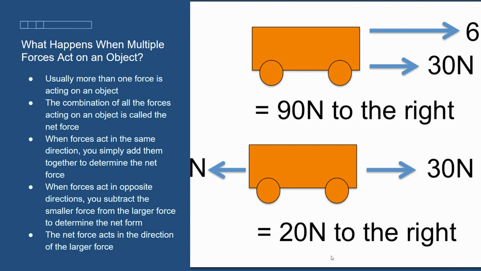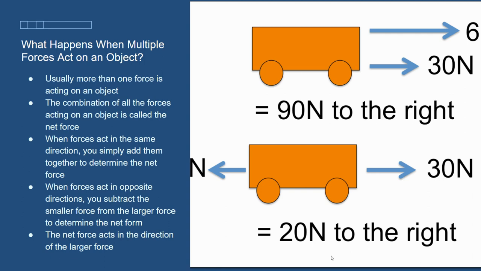Usually more than one force is acting on an object. Right now, gravity is acting on you because it's holding you to the planet. And friction is at work because you're sitting in a chair right now. So right now you've got multiple forces working on you. Okay. Probably don't really have a magnetic field around you. And unless you're currently shuffling across carpet and going to go touch the doorknob, that's where static electricity comes from. You're probably not really feeling an electric field.